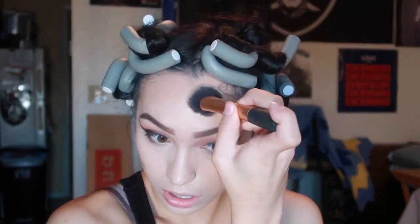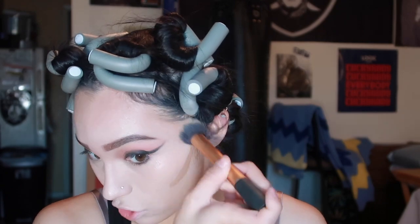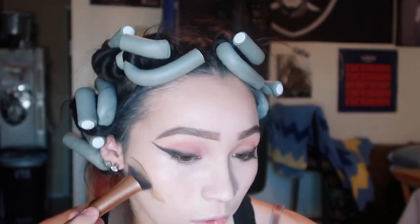It took me so long to figure out how to contour for my face shape, because my face shape is kind of freaking weird. Like, I have really high cheekbones. Not really high, but I have pretty big cheekbones, and they just look weird when you contour them a certain way. So it took me a while to figure out the technique that I like to use, how I like it to be done, and